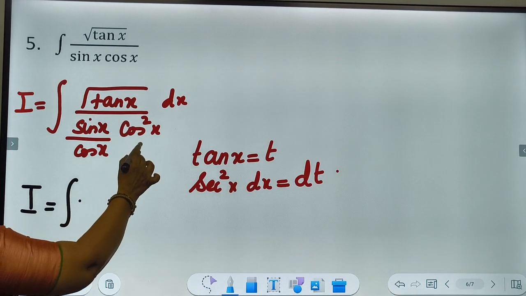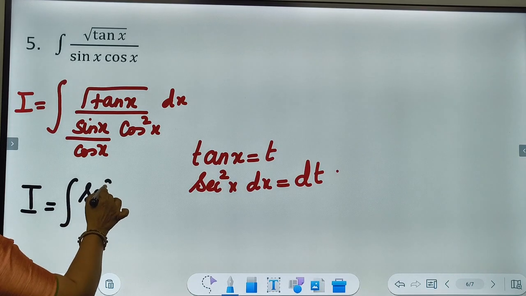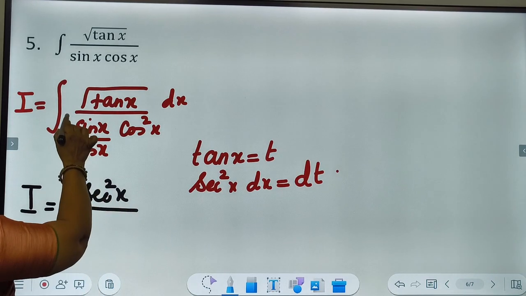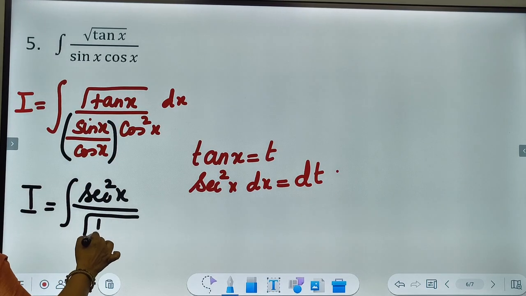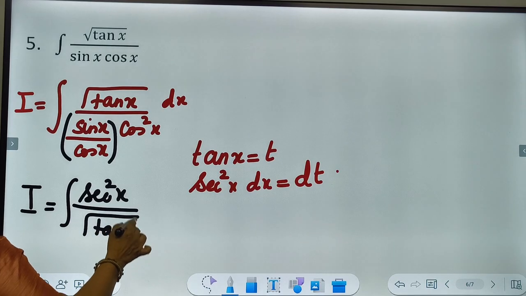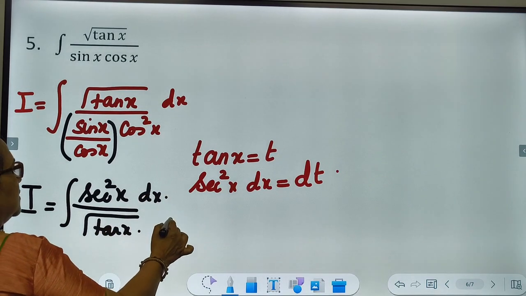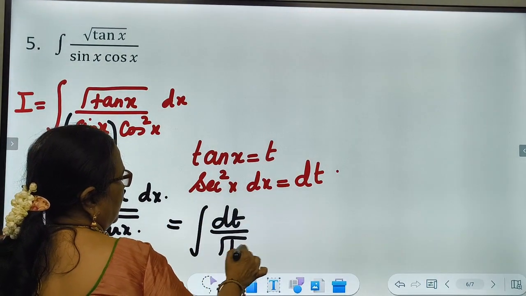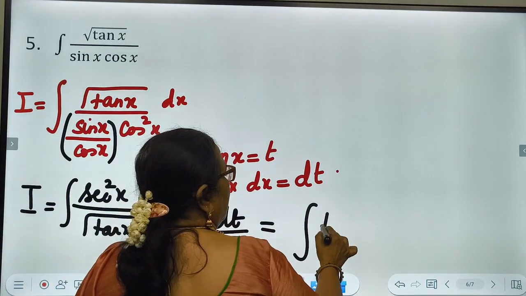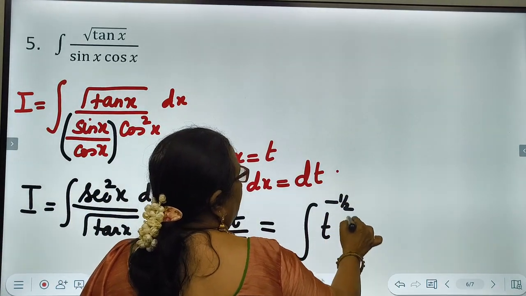So 1 by cos square x is secant square x. This is also tan x. So root tan x by tan x will give me root tan x dx. So this will be of the form dt by root t, which is integral of t power minus half